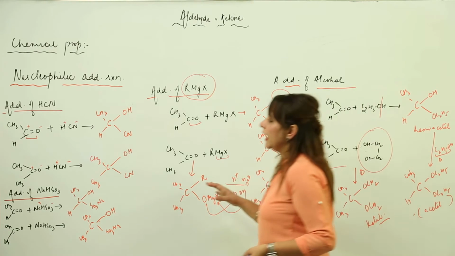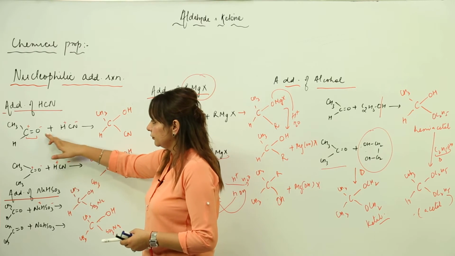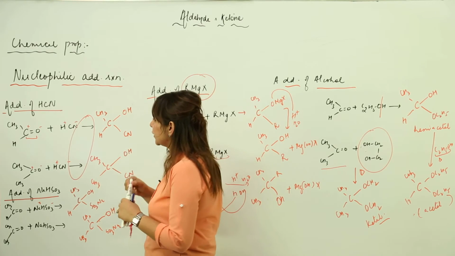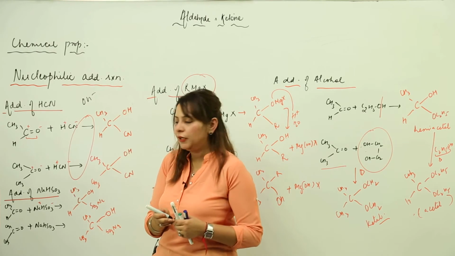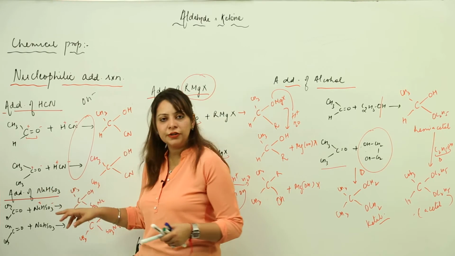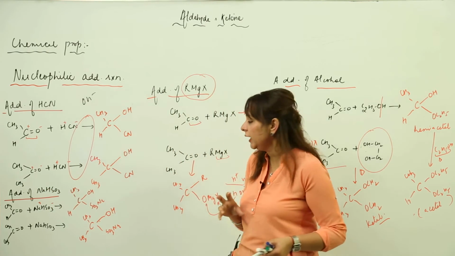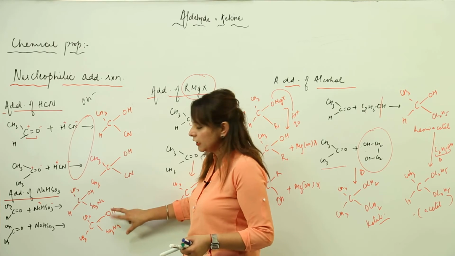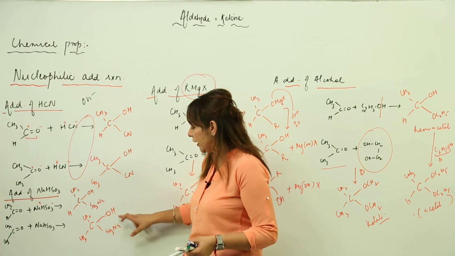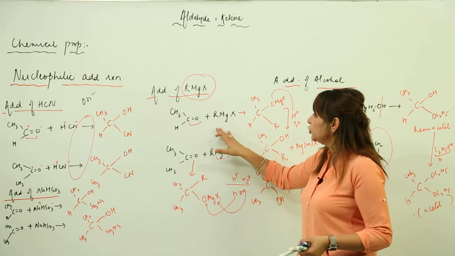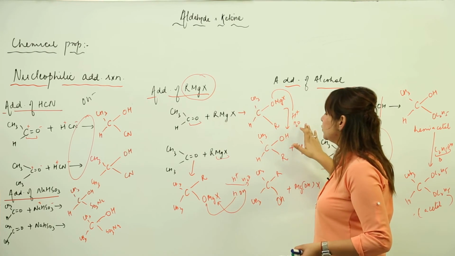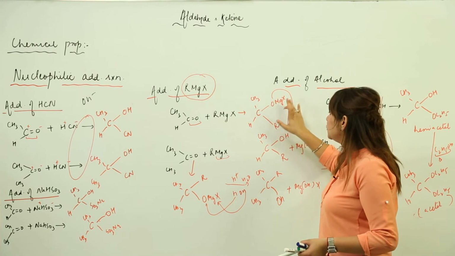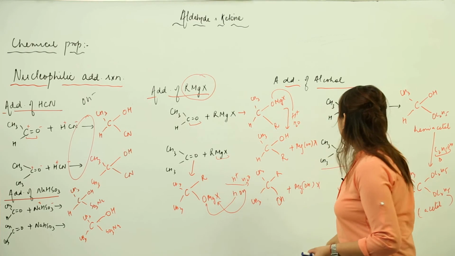I think it's clear. We can add HCN to an aldehyde as well as a ketone. One more thing you need to remember: in both cases the addition reaction takes place in a basic medium. Similarly we can add NaHSO3, and initially Na gets attached here and the HSO3 part here, then they change their places and it becomes OH and SO3Na. When you add RMgX, it forms a compound like this, and then you need to add water. It will take up H from the water and be attached with H, and Mg will be liberated as Mg(OH)X.